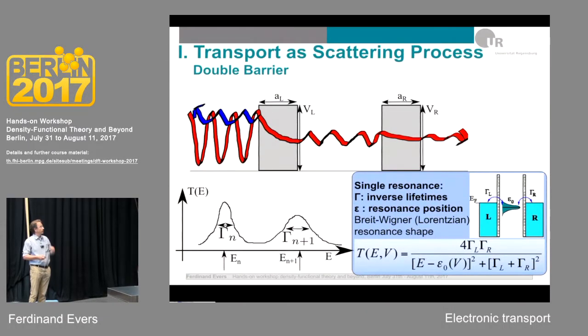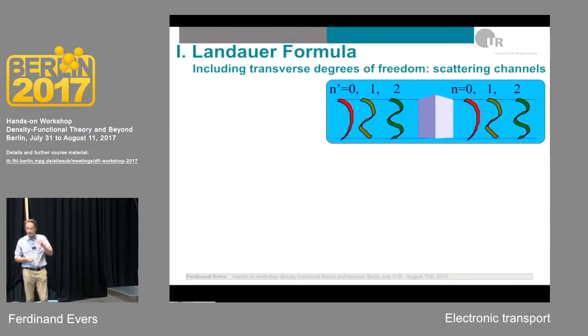Now, the typical shape of these resonances is of this Gaussian type, of this Lorentzian type, and again, here the parameters that we have to find, namely the position of the resonance together with the width, enter now in a more quantitative way, and these are the ones that we want to calculate. There's one instance that we need to take also into account, slightly more complicated, not much more,